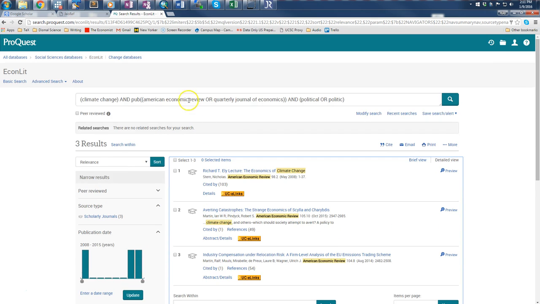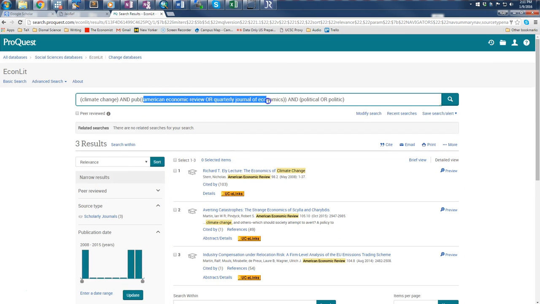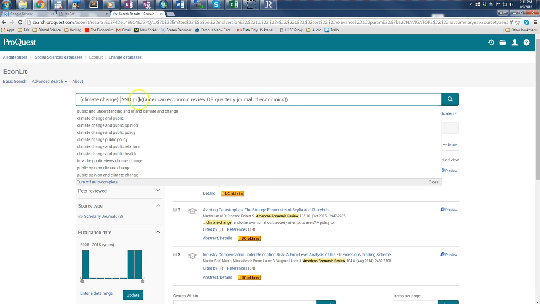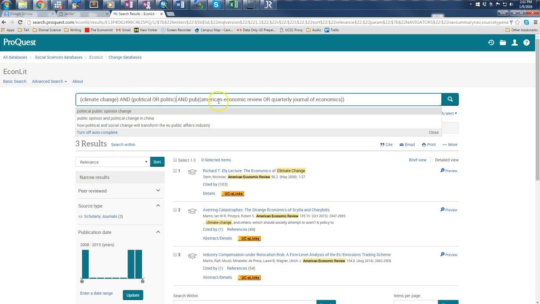But we want to broaden this a little bit. Having just these two journals is a little too restrictive. So I'm going to move this part over here. For the publication titles, let's add a few. These are two of the top 5. We also want to have